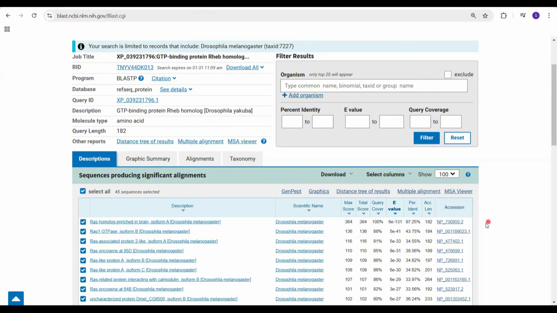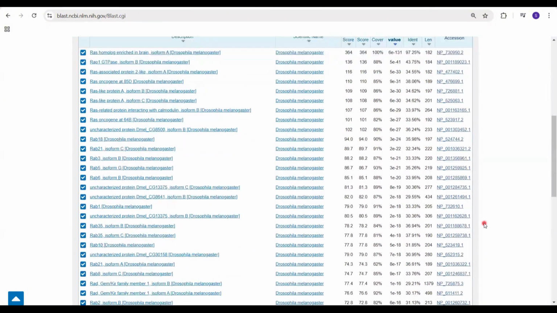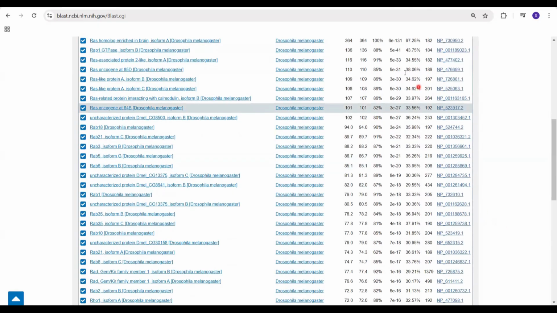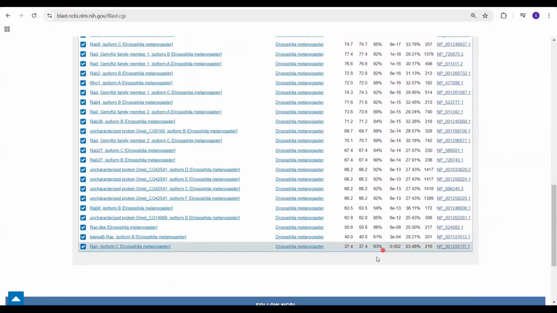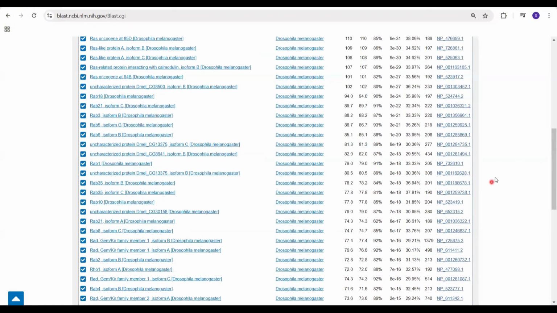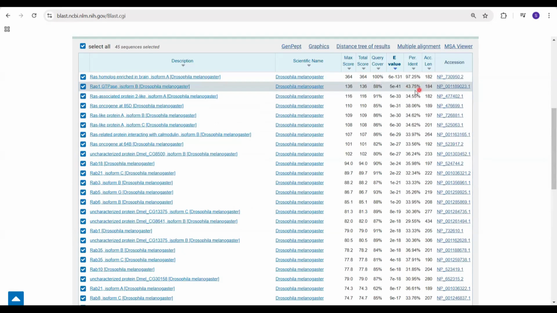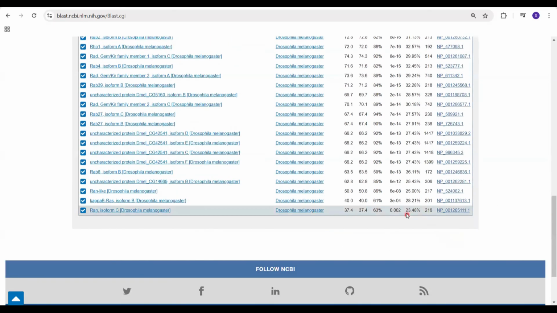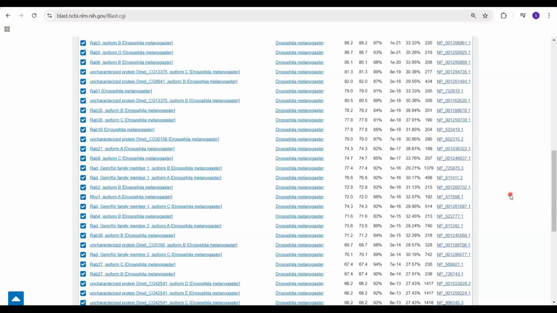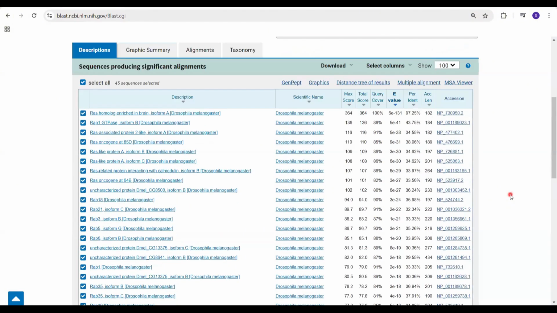97.25%. The remaining hits had a much higher e-value, ranging from 5 × 10^-41 to 0.002, and much lower percent identities, ranging from 43.75% to 23.48%. Therefore, the BLASTP search result shows that the D. yakuba RefSeq prediction XP ending in 1796 is most similar to